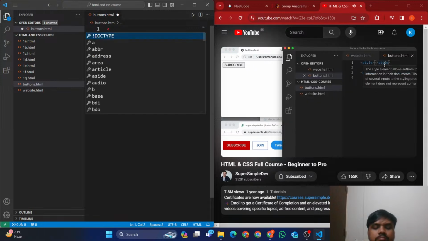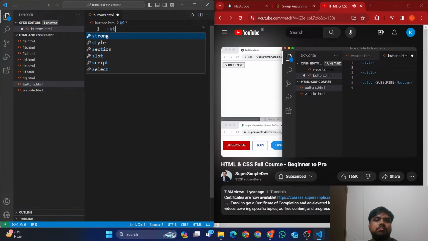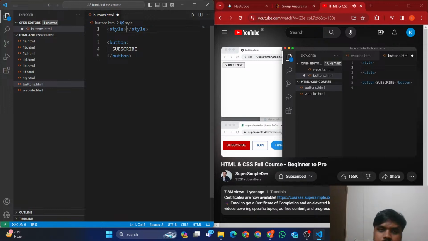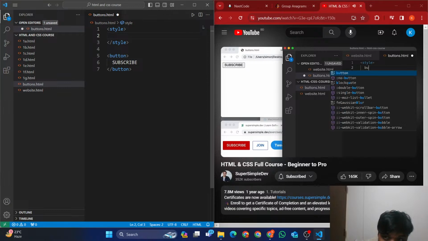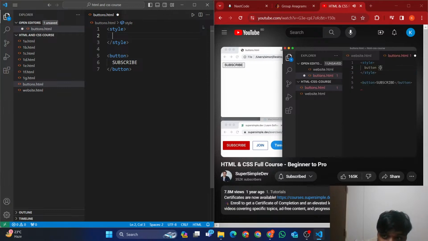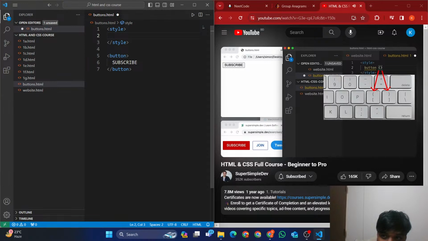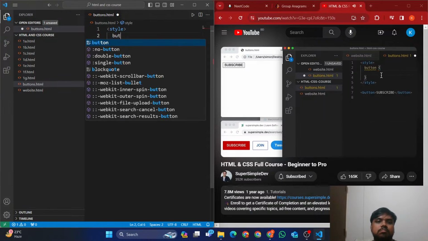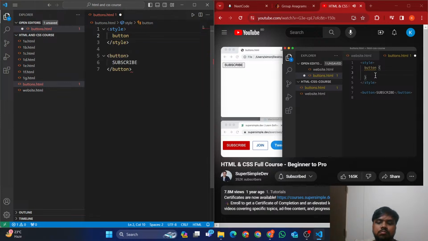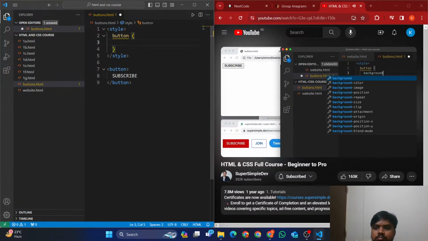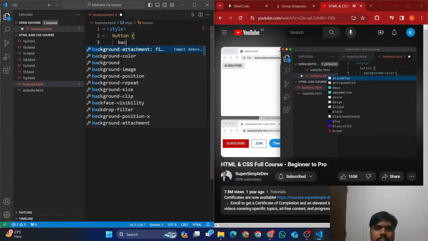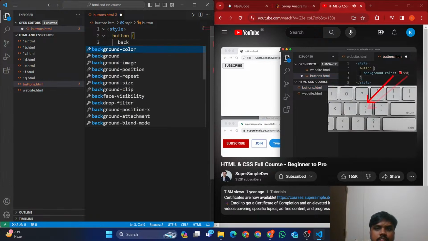So the purpose of this element is that inside this element, we can write CSS code, which modifies the appearance of other elements. For example, let's write our first bit of CSS code. We're going to type button, open squiggly bracket, close squiggly bracket. And then inside these brackets, we're basically going to give instructions to the computer on how to modify the appearance. For example, we can set the background-color: red;